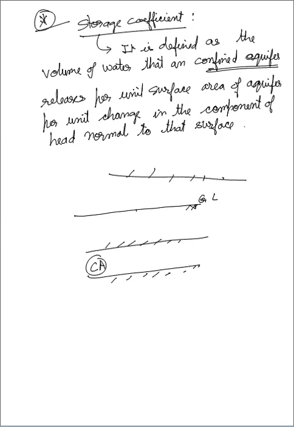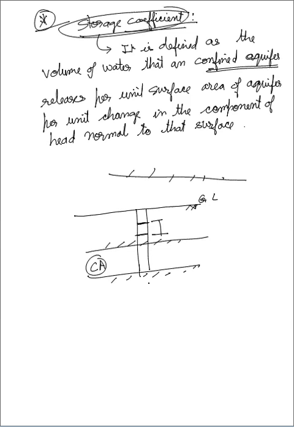Suppose we are digging some well, so the volume of water it will release per unit surface area of aquifer per unit change in the component of head normal to that surface. So basically it is talking about the drawdown. How much volume of water the confined aquifer can release, that is related to the definition of storage